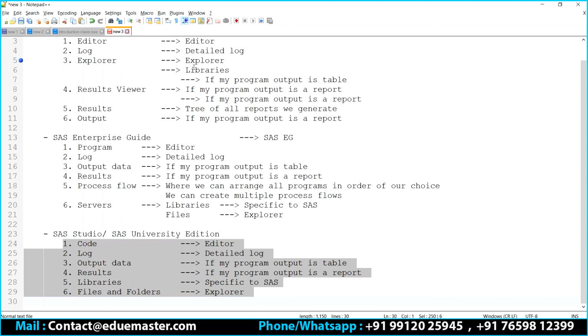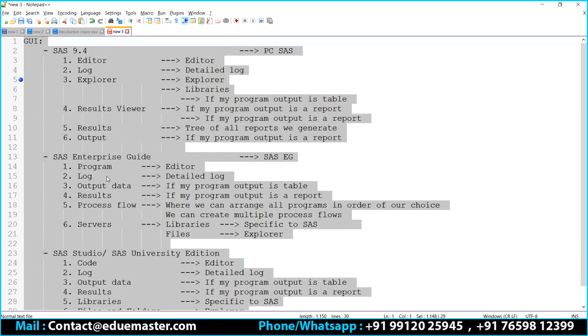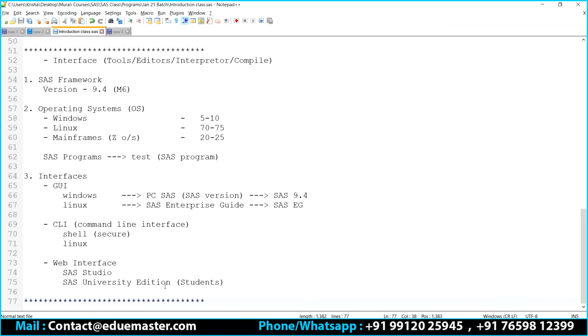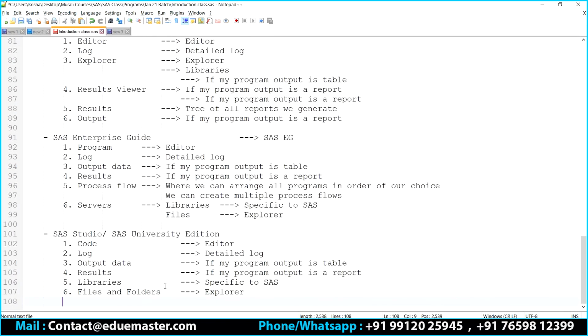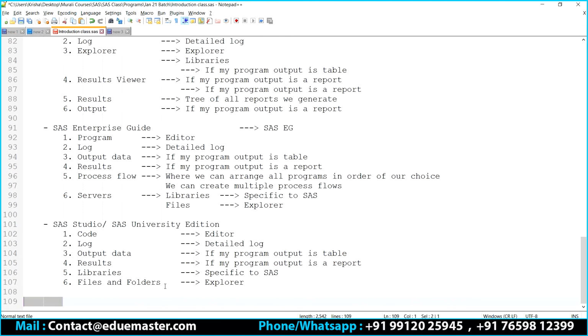Clear? I'll go with all three so that you will be comfortable with all three. Then we can stick with any one of them based on your preferences, and continue the classes on whichever tool you prefer. So the decision can be taken later. That's the reason I have gone through all the GUIs. Clear? Yes, maybe one week Enterprise Guide, one week SAS Studio, in that way we'll get a clear idea of all three. Yeah, that's what I said. 5 classes means a week. Yeah, sure. Thank you.